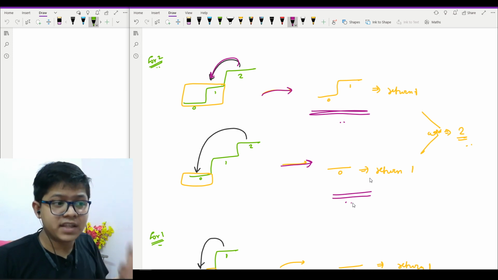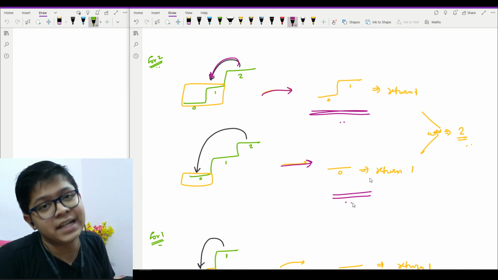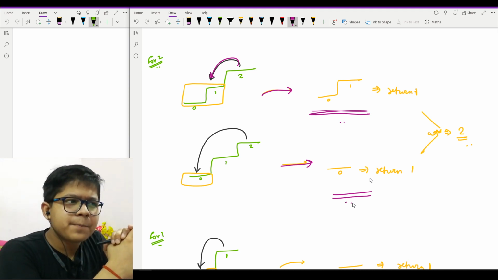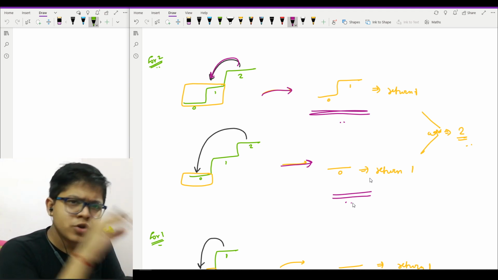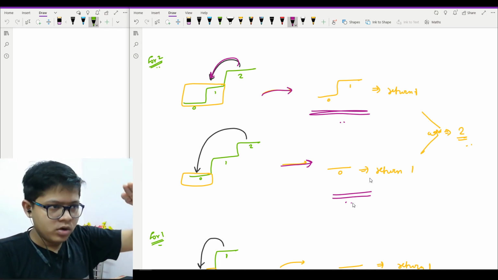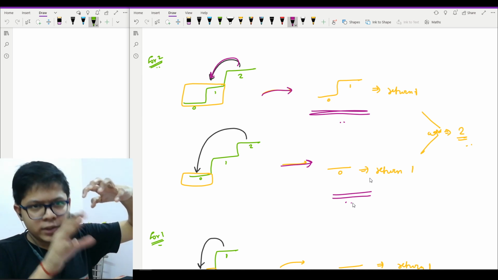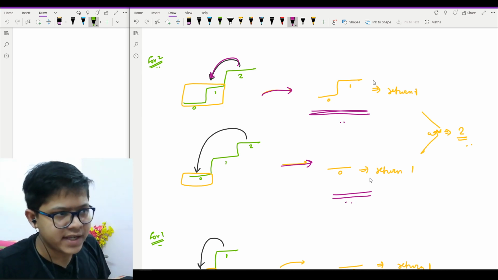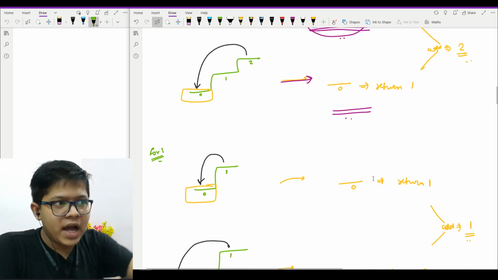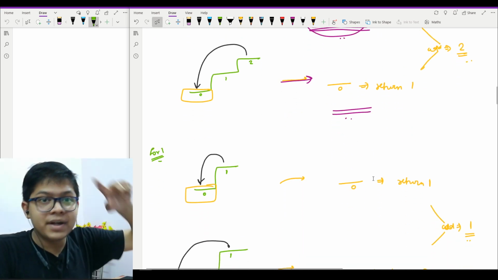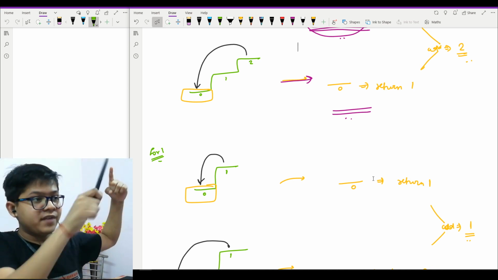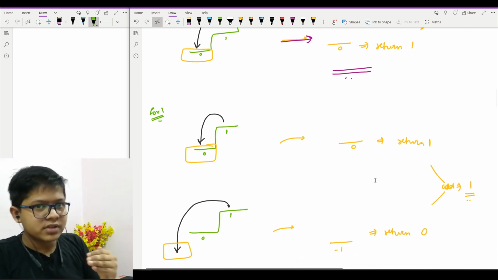Then I will have only one case, which means it is the ground. So to compute the answer for 2, you have two options, right? To find the options, you need to find the answer for staircase 1 as well. So I will find the answer for staircase 1. Although I am right now working on the answer for 2, actually I wanted the answer for 3. For 3 I need the answer of 2 and 1. For 2 I need the answer for 1 and 0. Now I am reducing down, understanding?